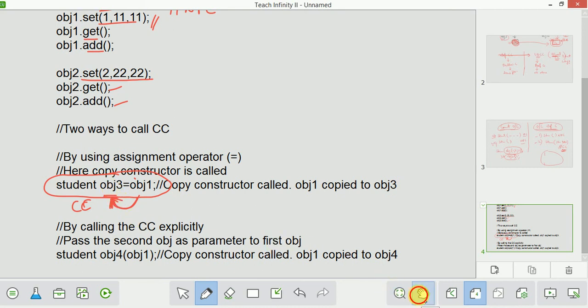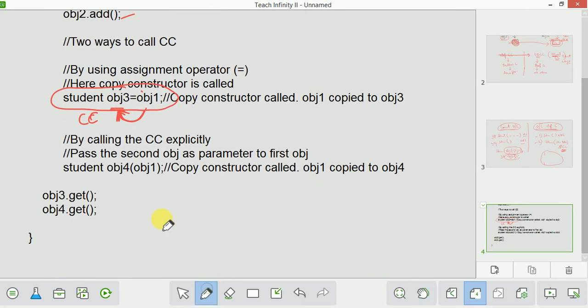Another way to call the copy constructor is like this. What you are doing is copying object 1 to object 4, and the copy constructor will be called here again. Why will the copy constructor be called? Because this is the way to call a copy constructor. Now if you print object 3 and object 4, then object 1 will be copied to both.